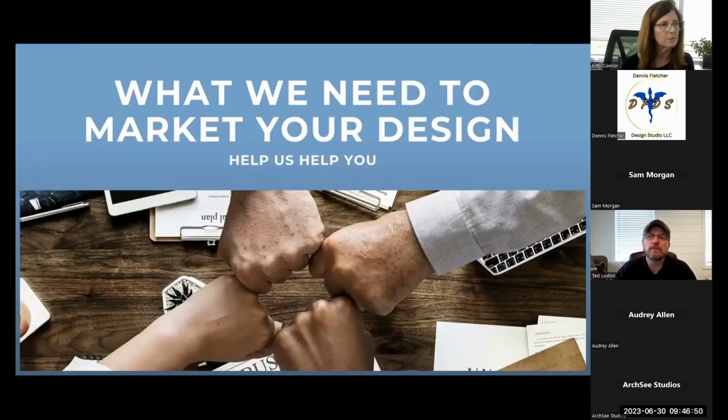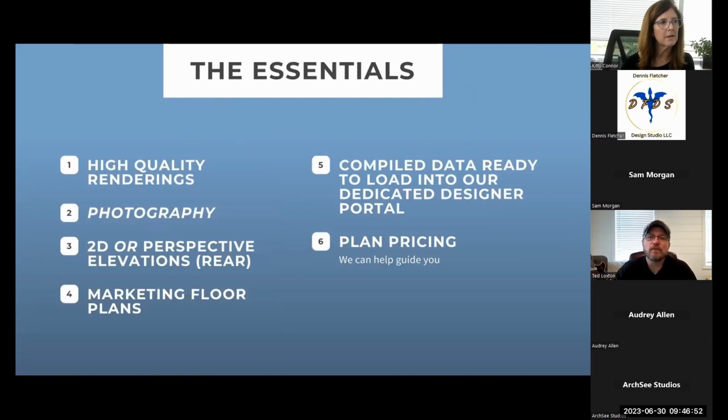What we need from you. Again, high quality renderings, photography, certainly the rear elevation, if not the sides. There's definitely been evolution in this industry since I came on board, where designers were very reluctant to distribute the sides. And now it's become more commonplace and certainly appreciated by the market and by us, because imagine trying to